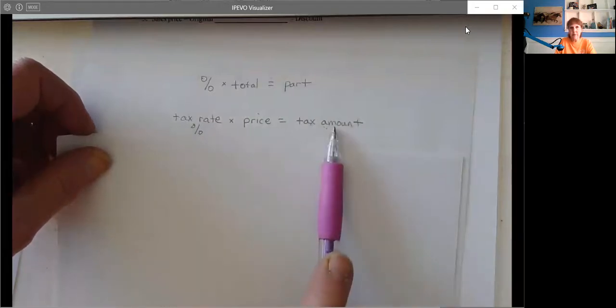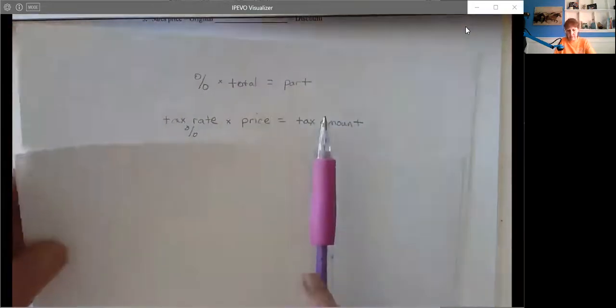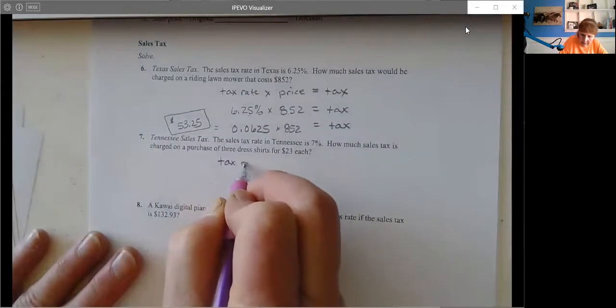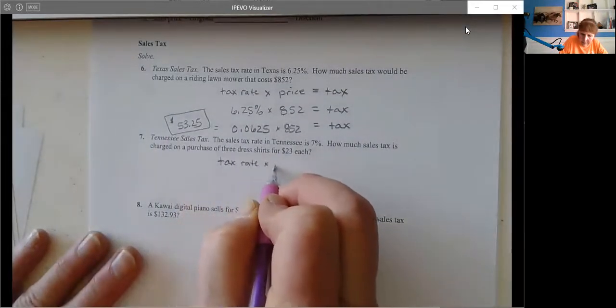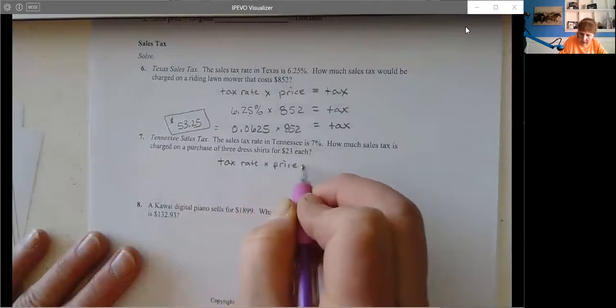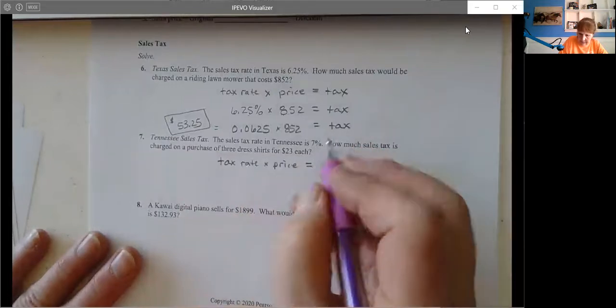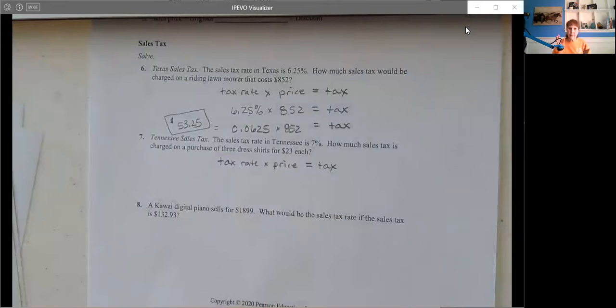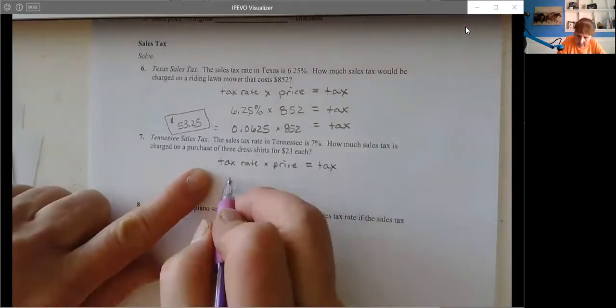You'll use this template. So you can just write it down, and then here on the problem, we're going to be taking the tax rate times the price equals the tax. I know to use that template because they're not asking me for the tax rate. There's only 2 when you deal with taxes. There's only 2 for commissions. Okay, so we'll go ahead and take the tax rate. The tax rate is 7%